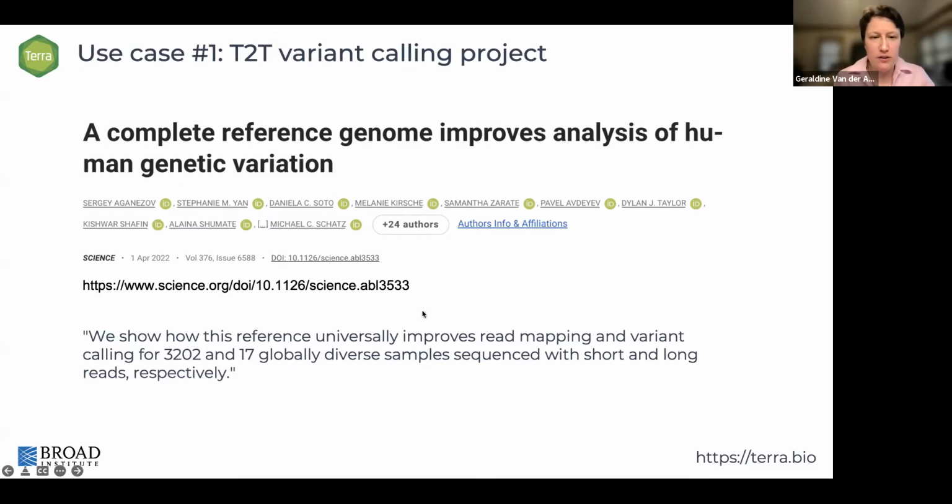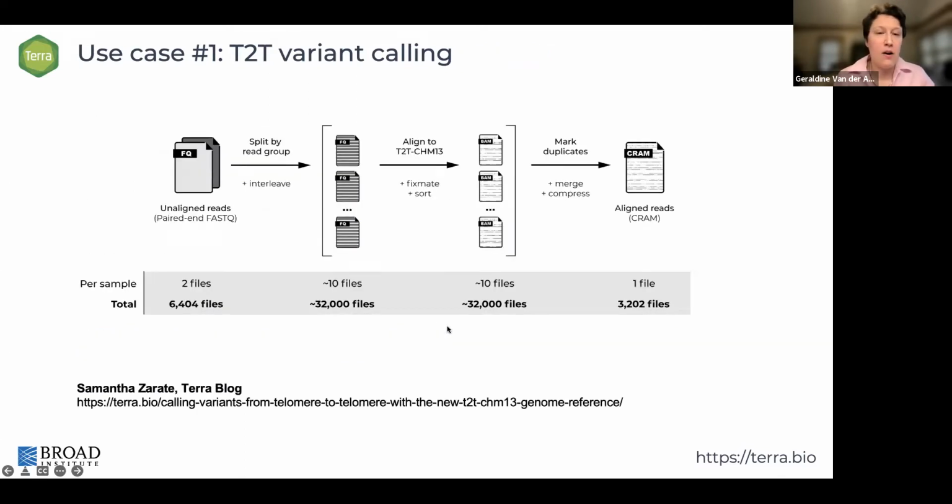I'm not going to go into the detail of the paper itself, but I want to show you a little bit the kind of work they had to do to make that possible, to make this paper. And the processing happens in two phases. There's one phase of aligning the sequence reads to the reference, and you can see that they go from, there's